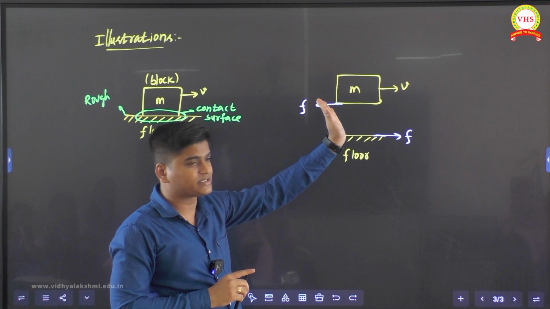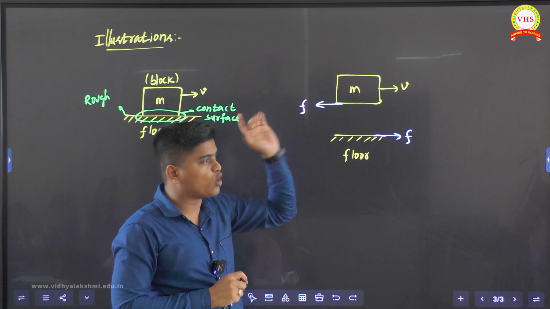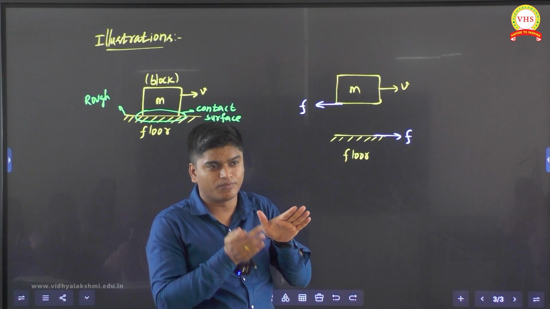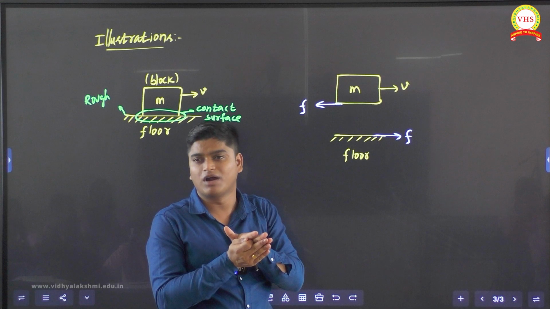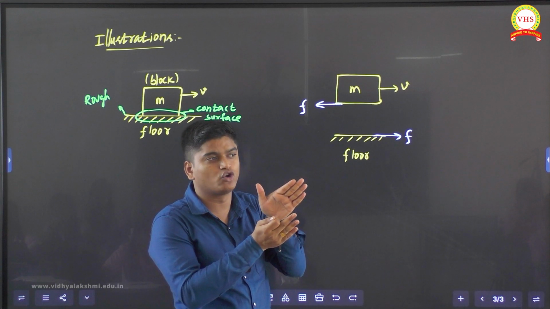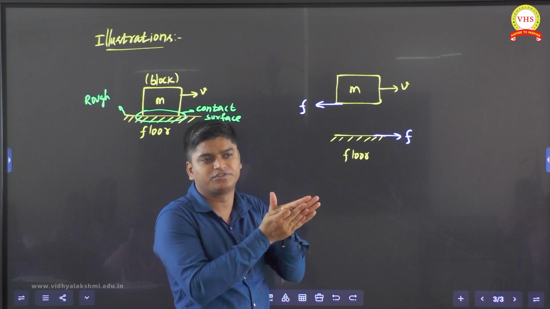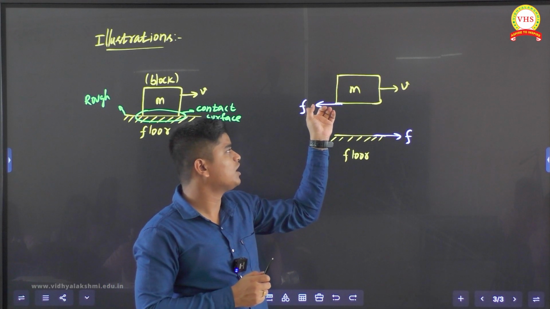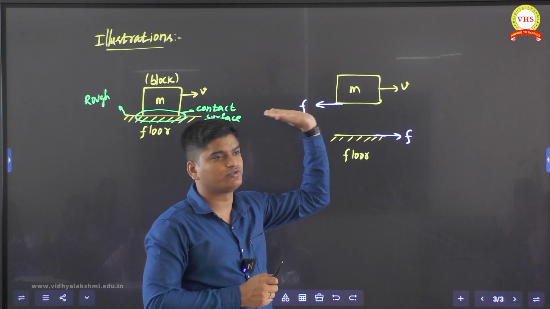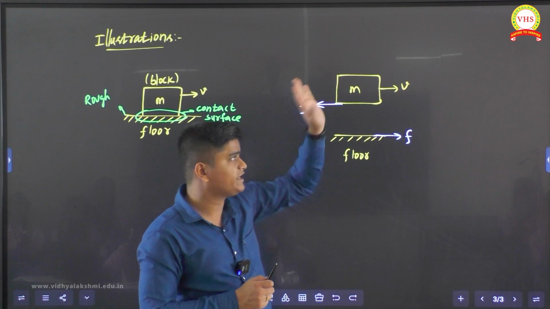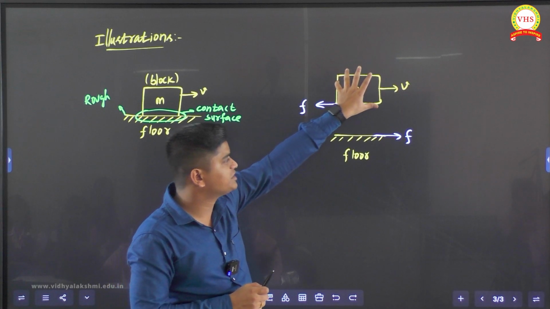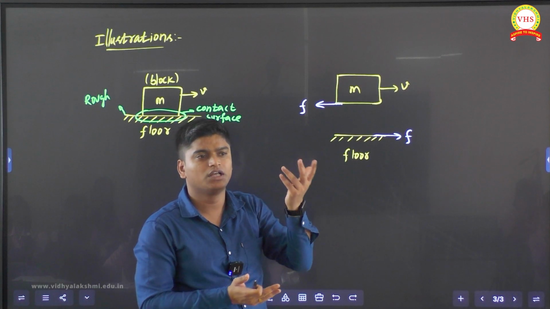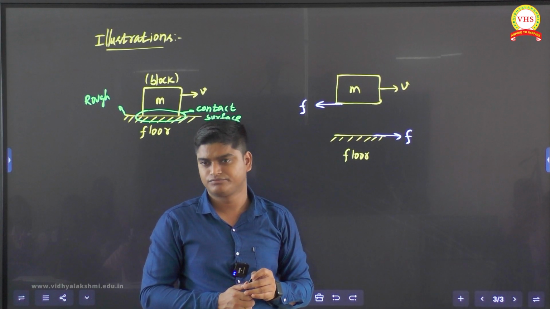On the block, friction acts in such a way that it will try to oppose the relative motion, because if this object is moving, then there is a relative motion between floor and block. But friction does not want that. Friction wants there should not be any relative motion between the objects. So for this mass, friction is acting opposite to the motion, or this friction tries to keep this block at rest with the floor. Because if the block will be at rest with the floor, then what will happen? There will be no relative motion.